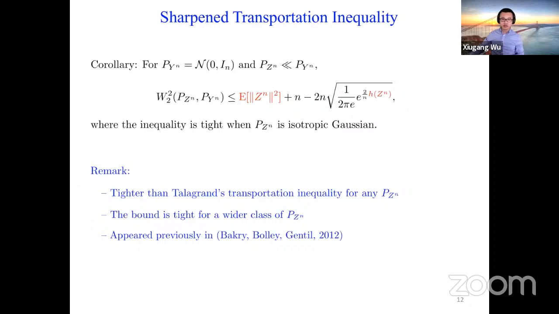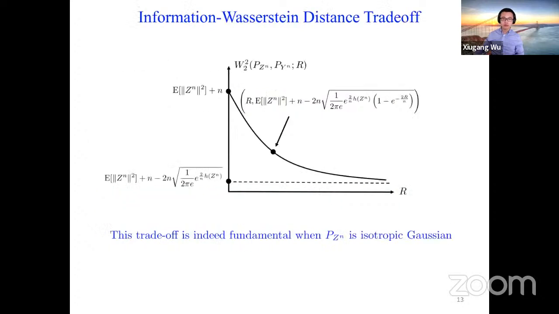And interestingly, it turns out that this inequality actually appeared previously, not a very old result, in the 2012 result by Bakry et al. And now it's basically included as a corollary of our information constraint transportation inequality. And what is perhaps more interesting, in my opinion,